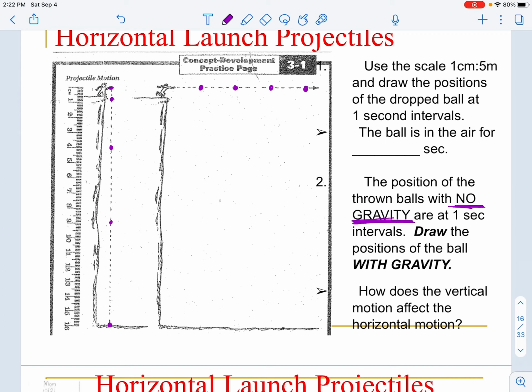So what we can see from the illustration is that horizontally speaking, we have a constant velocity. We can see that each of these dots are equally distant, so that means it covers the same distance for every 1 second of time, so our velocity is constant. So what we're going to do now is we're going to take these two pictures and we're going to put